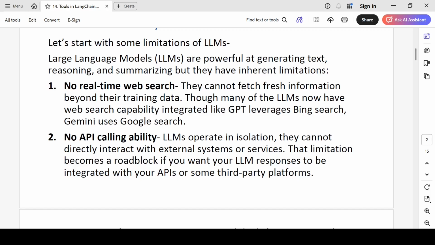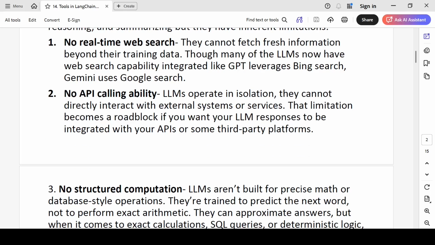But there are still many models which don't have that web search capability, like Meta Llama, DeepSeek V4, mostly open source, right? They don't have that capability. Then they don't have API calling ability. So with an LLM, you cannot call an API directly.